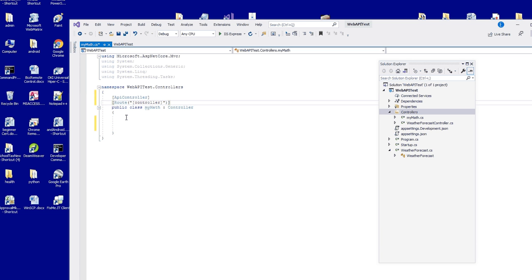Now we need to add a get function. And just to remind you, so far this ought to respond to just that URL. But we would like it to respond to the URL whereby we provide a parameter. For example, we're going to find the square root of 3, for example. So we need to indicate that in the get attribute, and we need to say we're going to return a double,